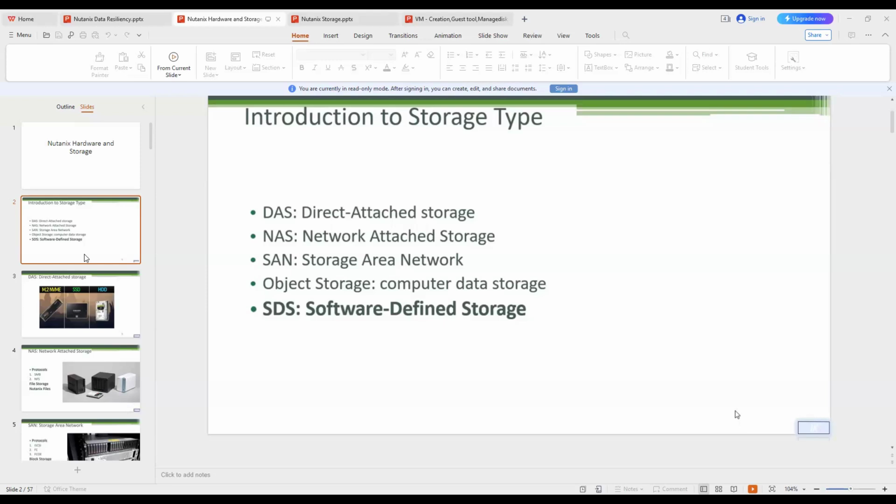Each node will have the CVM. The main purpose of CVM is managing your storage pool, your Nutanix operations, the zookeeper, and everything is managed by your CVM. And AHV is installed on your